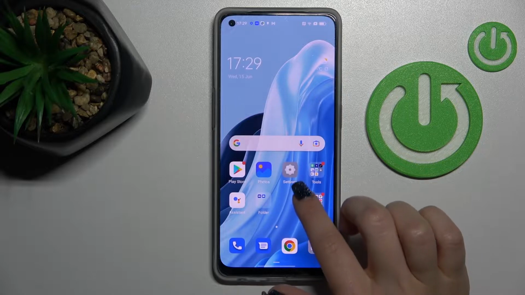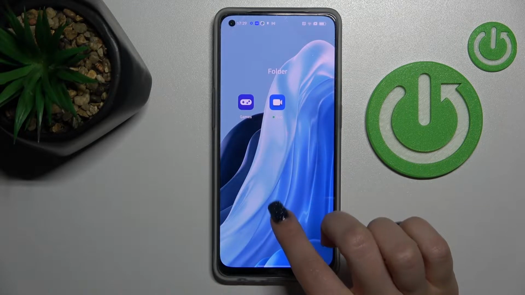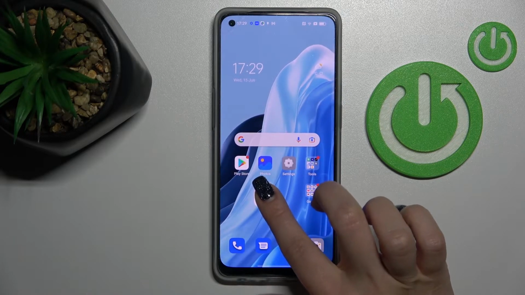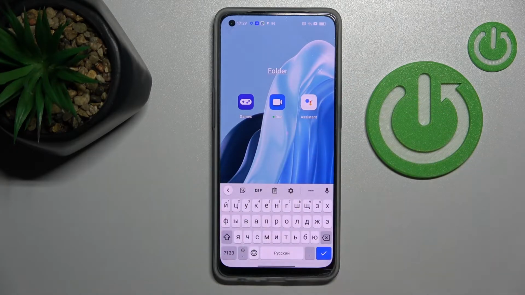Now we can see here the new created home screen folder on our device screen. If you want to add here more applications, just by the same way hold it and drag it here. We can remove this app just by click here on this